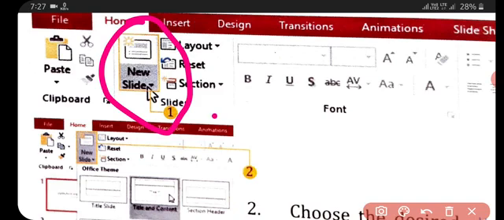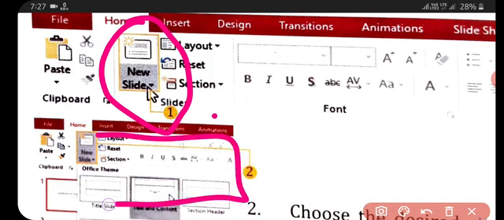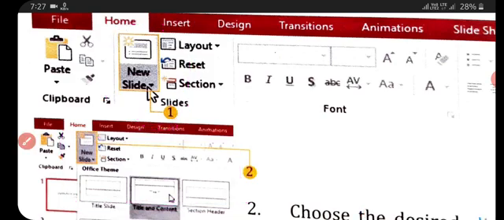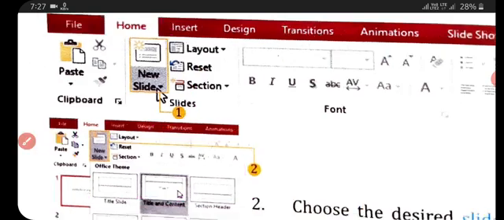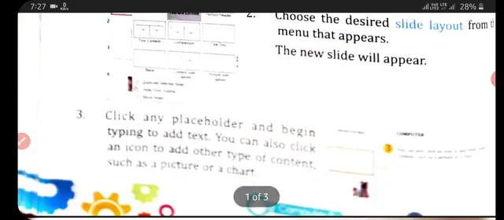Then you simply click any placeholder and begin typing to add text. You can also click an icon to add other types of content such as pictures or charts. By this method you can insert a new slide.